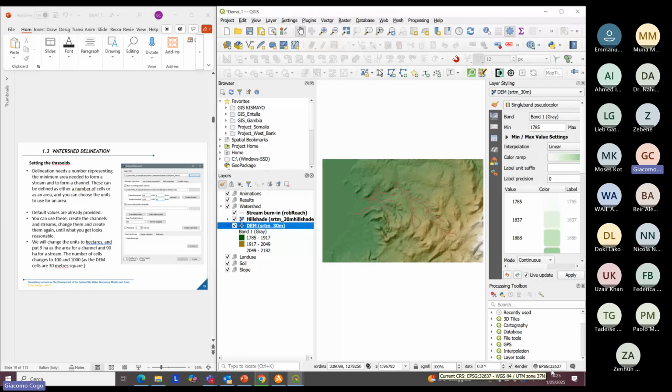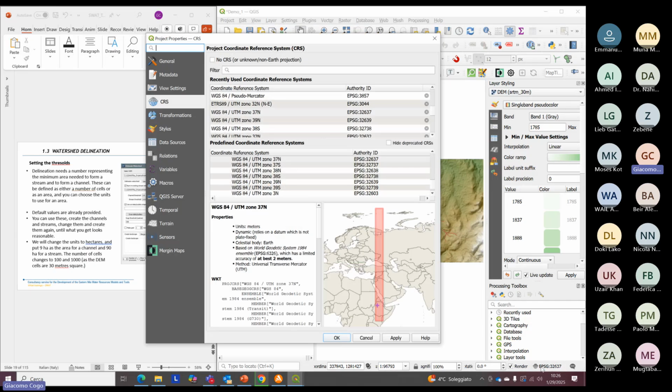This should be 32637. If you don't have it, it is probably this one. It should be changed automatically when you put the DM. But if you have a different coordinate system,